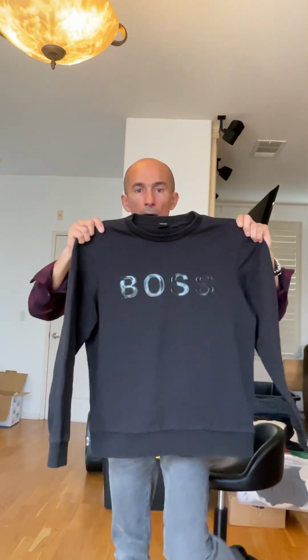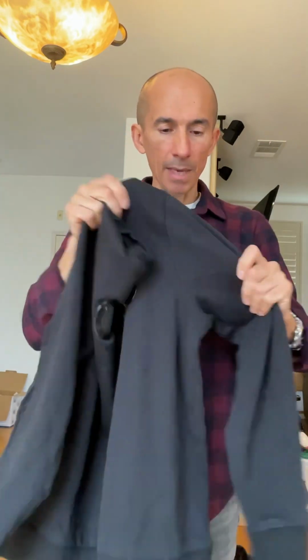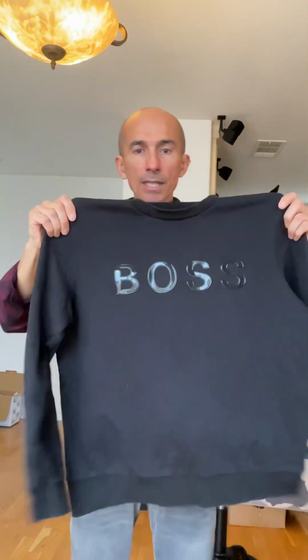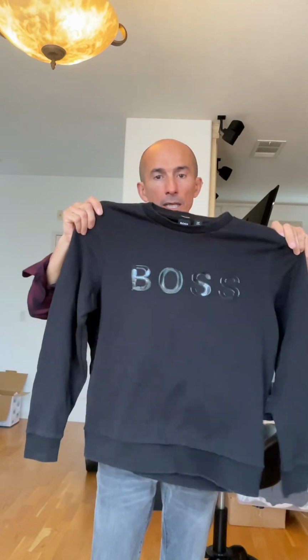But take a look at this one. This one is not up on my closet just yet, but it's ready to go up. Very substantial, reminds me of Beta brand sort of fabric, very stretchy and thick and substantial. It is a solid black Boss or Hugo Boss sweatshirt. I'm assuming it says mercerized. I don't know what the size is. It is the size medium actually. I'm assuming that this is women's. It's a medium for women,